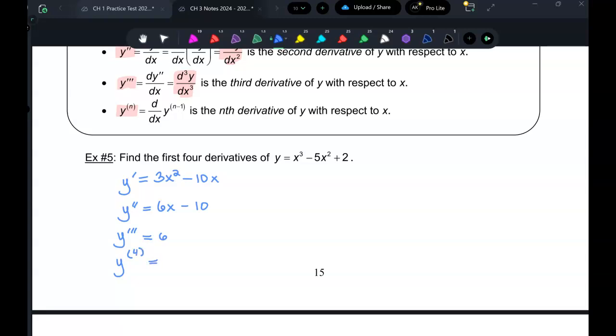Yeah, so if it's a constant, it's just going to become 0. And it's just 0. It's just 0 from now on. So if I said, what's the 10th derivative, it's just going to be 0. Okay. The first one is average velocity. It's different. No, it's position. Then it goes